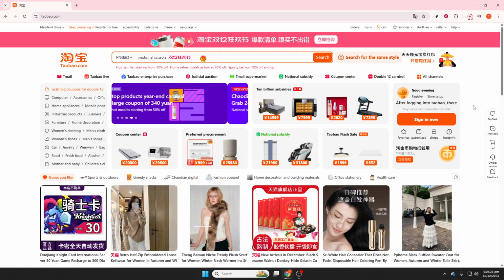That's it. Open Taobao, go to My Taobao, enter Settings, choose General, tap Language, select English or